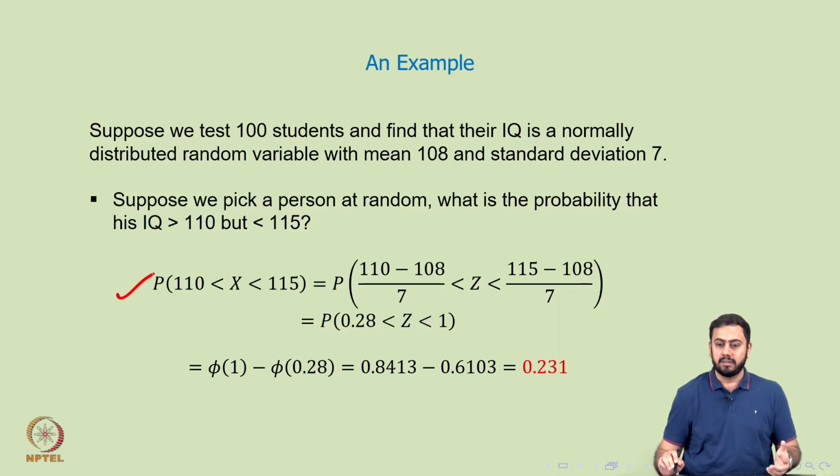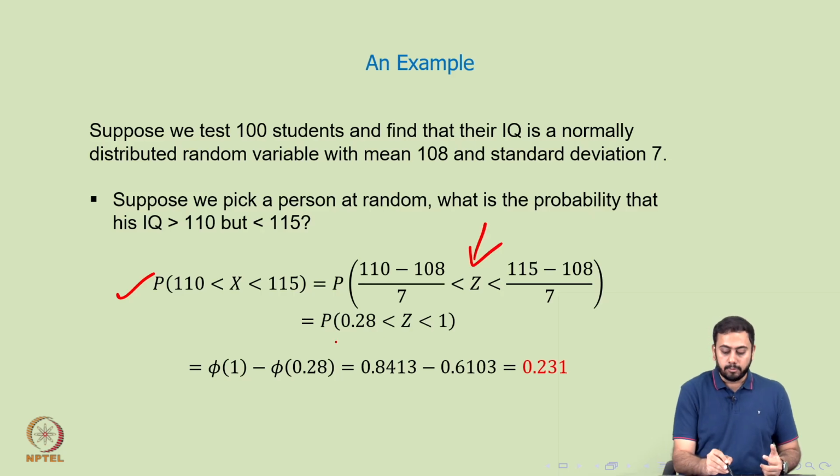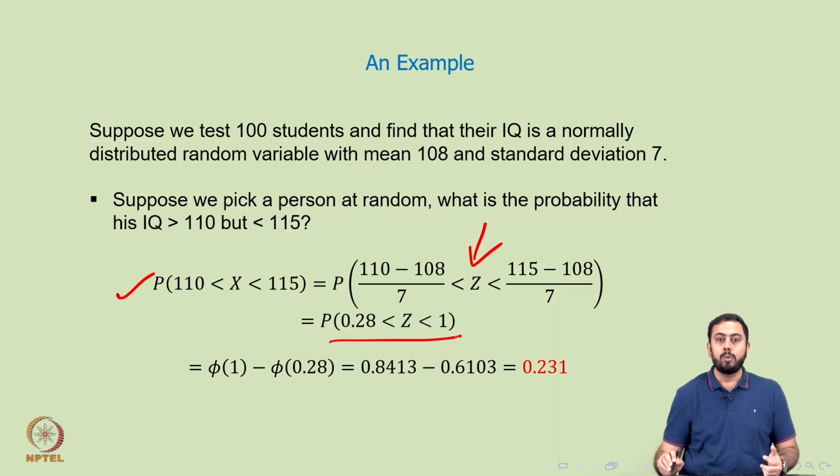Again, the exact same thing. You keep x in the middle and standardize each and every side. So the midpoint reduces from x to z, a standard normal variable, after subtracting the mean and dividing by the standard deviation, and on both sides you have constants now: 0.28 and 1. Now this probability reduces to this probability,